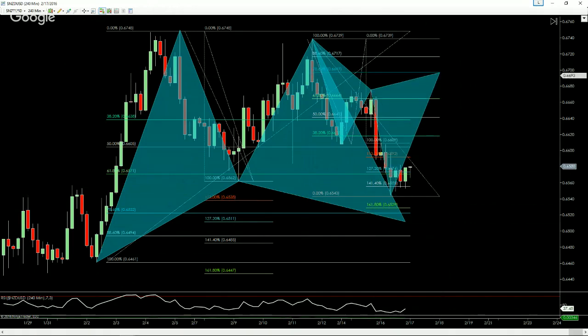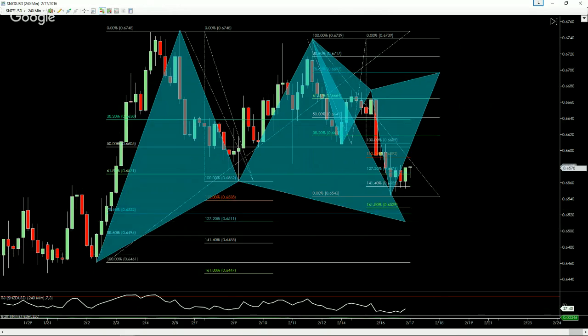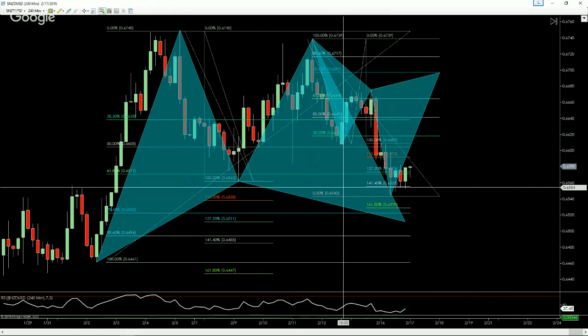That is completing around the 66.97, 67 even right there. So we can do a bull Gartley or a bear cipher right there, depending on which one completes first would